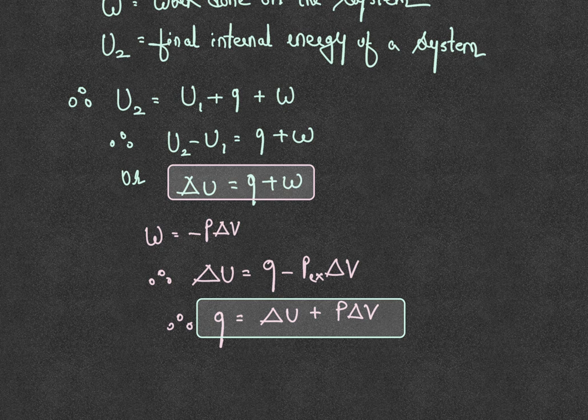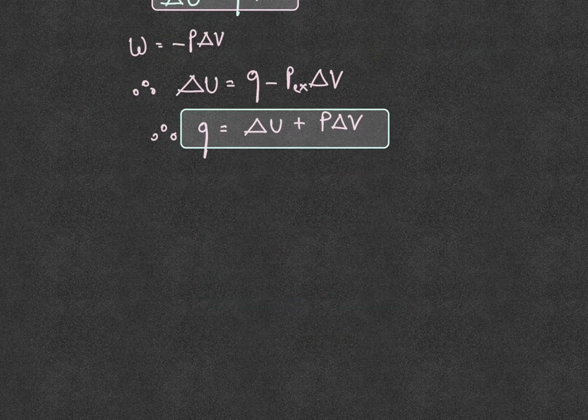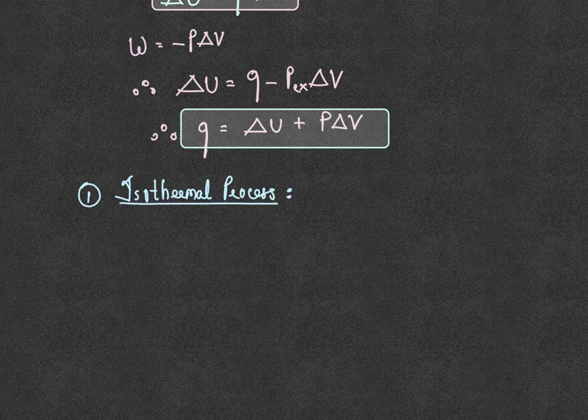Right? Now we try to review the mathematical form of first law under different conditions. So we try to figure out what would happen to the equation under different conditions, right? So let us go through different processes. Let us talk about the first process, isothermal process. In isothermal process,